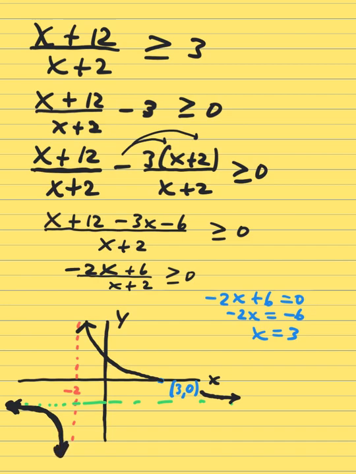Okay, let me recall, the zeros are x-intercepts. We have our graph at the top. Our inequality is greater than or equal to, and that means include the intercept and anything above the x-axis. So the part we actually want, I'm going to highlight in yellow, is this part,